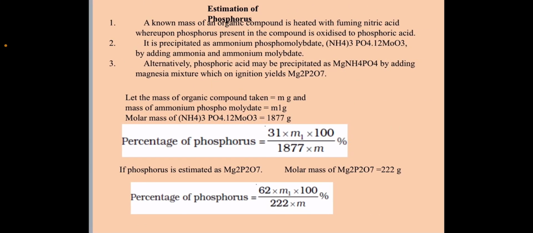Then estimation of phosphorus. A known mass of organic compound is heated with fuming nitric acid, whereupon phosphorus present in the compound is oxidized to phosphoric acid. It is precipitated as ammonium phosphomolybdate by adding ammonia and ammonium molybdate. Now an alternate method can be used. Phosphoric acid may be precipitated by adding magnesia mixture, which on ignition yields